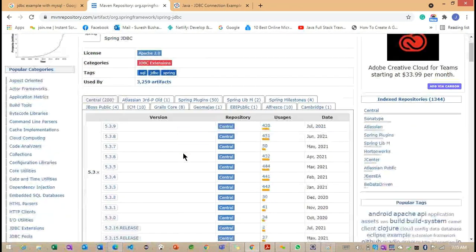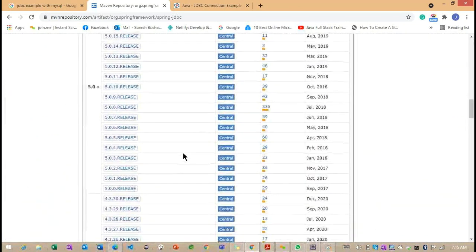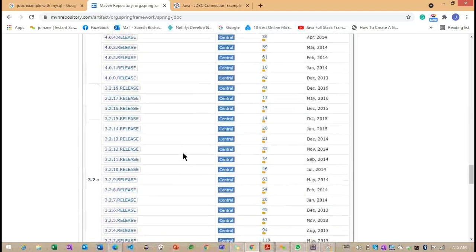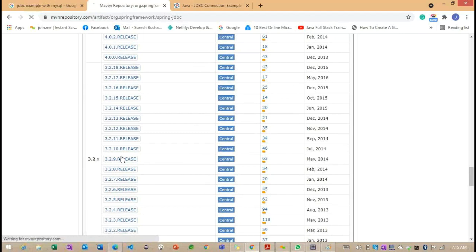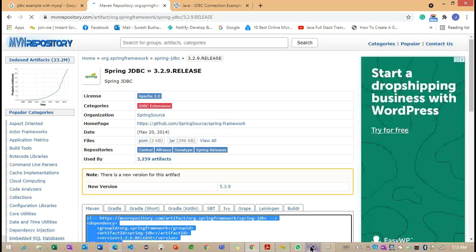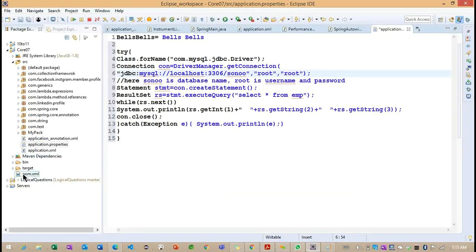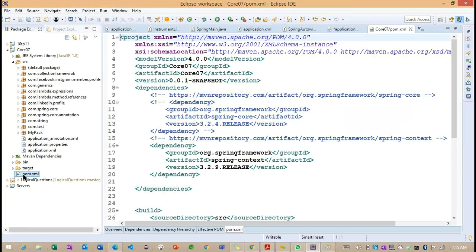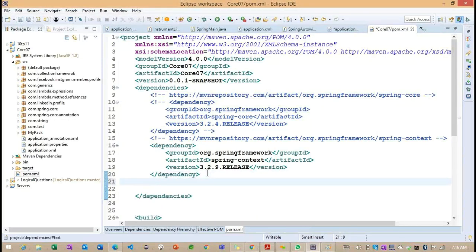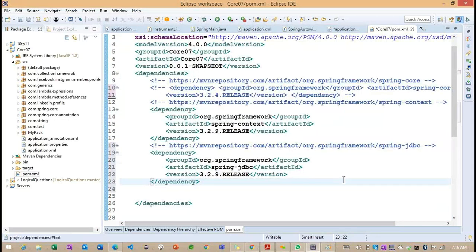For Spring JDBC, we'll go for the same version we discussed in the previous sections, 3.2.9. I'm opening pom.xml, and here I want to write this Spring JDBC dependency.